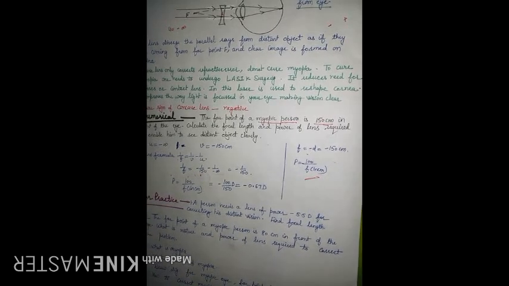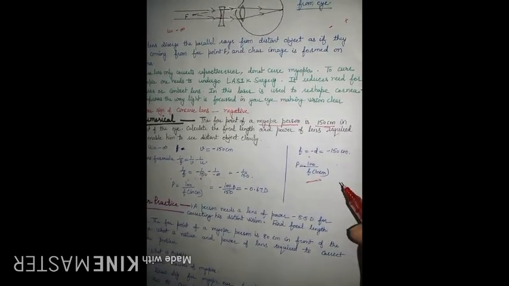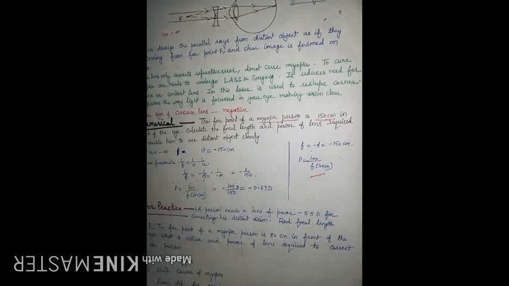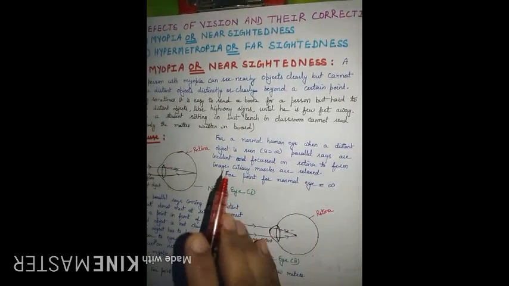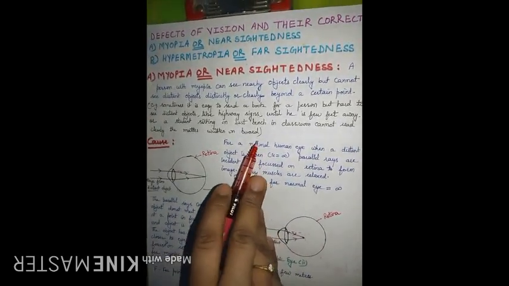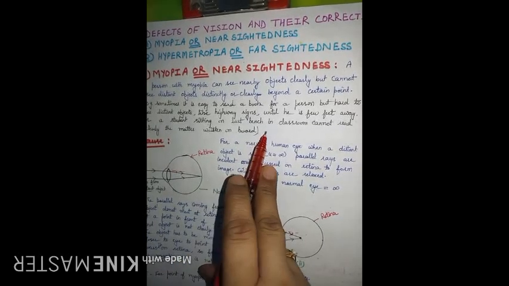So in this video we have considered what is myopia, a defect in which we can see the nearby objects clearly but we are unable to see the distant objects. It means up to a certain distance we can see the objects clearly, but if the distance is increasing then objects are going to become blurred for us.